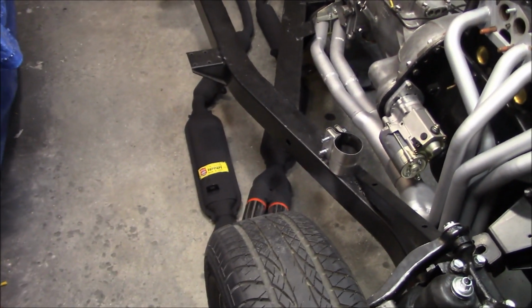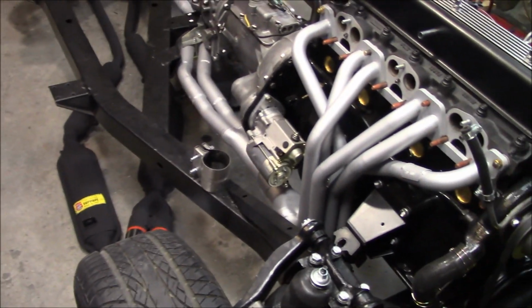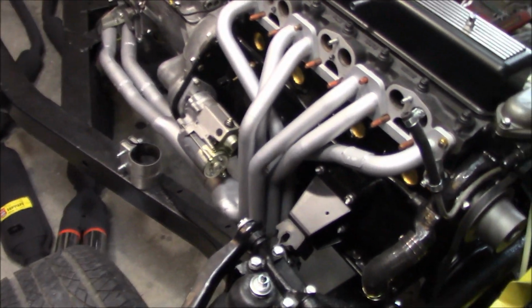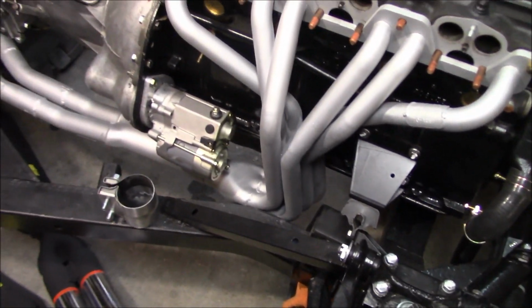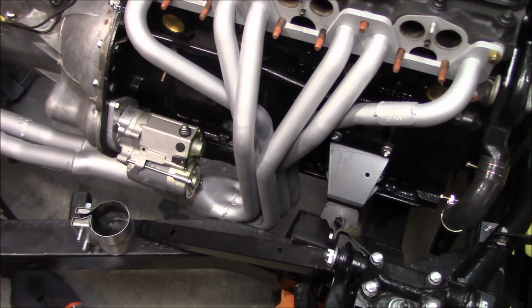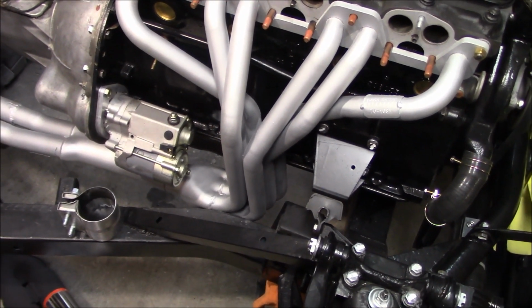Okay guys, so back to the final part of getting this chassis all buttoned up, and that will be to put the exhaust back on. On my previous video I'd mentioned that I had a little bit of an issue with the exhaust that I needed to fix, and that's regarding the bung placement for the O2 sensor. It's not really quite working out as I anticipated, so I might have to do some rework on that. I'm going to try to get under the car and take a little bit of a video to show you